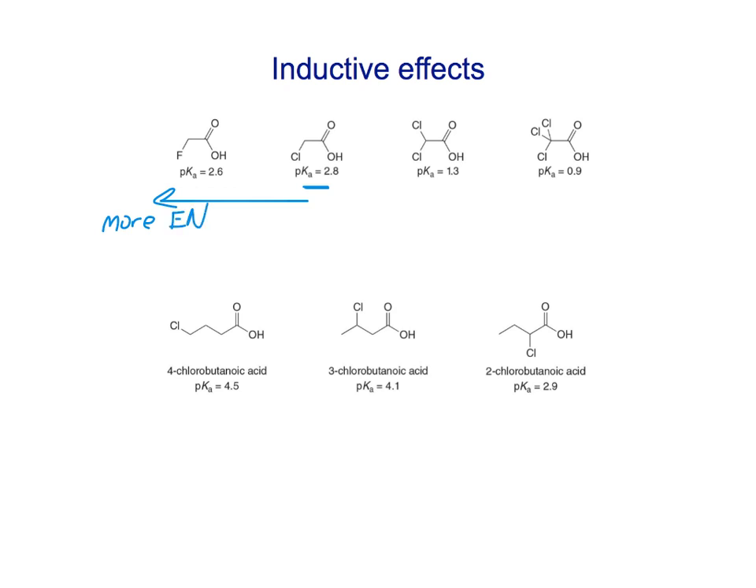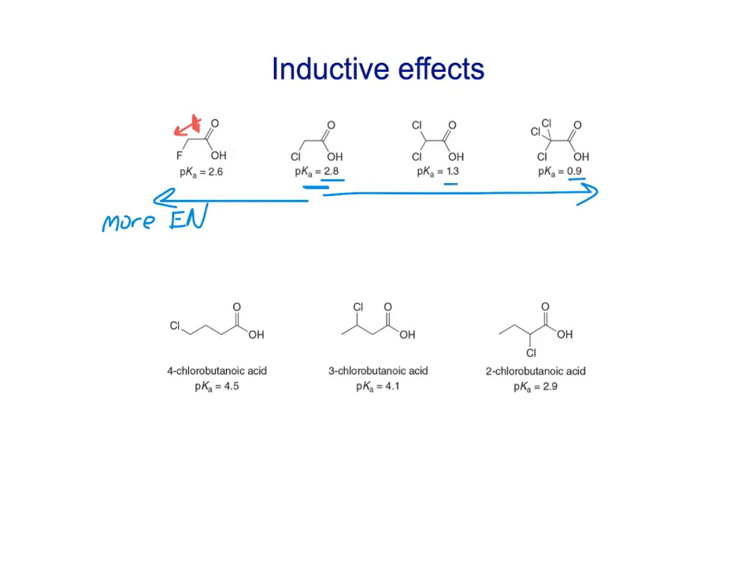Okay, so it's more inductive. It's pulling more electron density away in the conjugate base. All right, that's the one we want to really think about. If we go from chloroacetic acid and we add more halogens, notice that the pKa goes down,